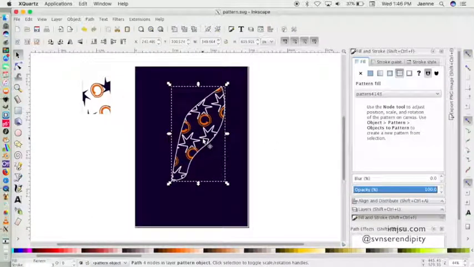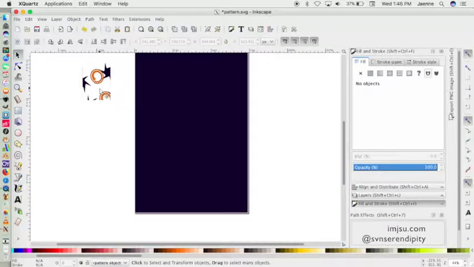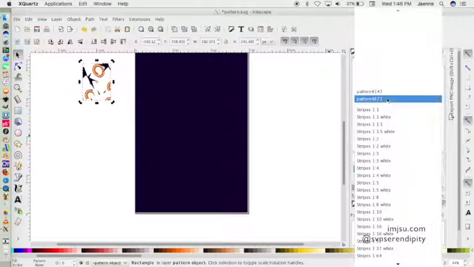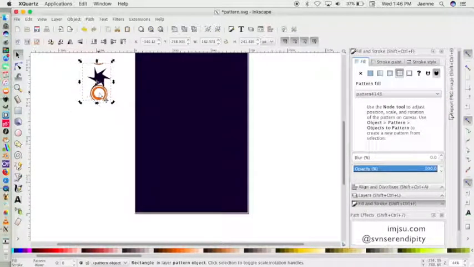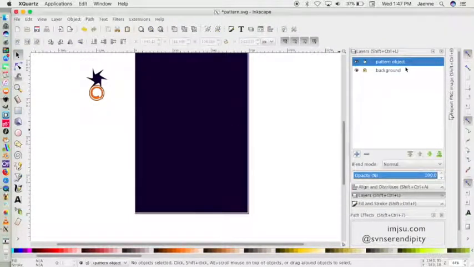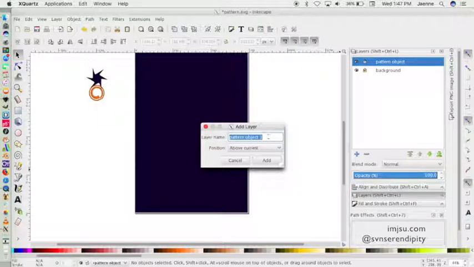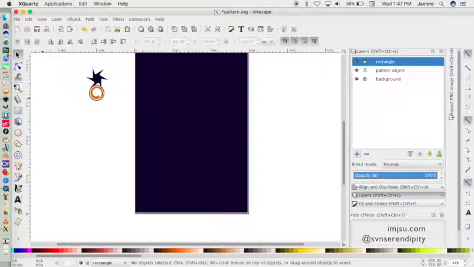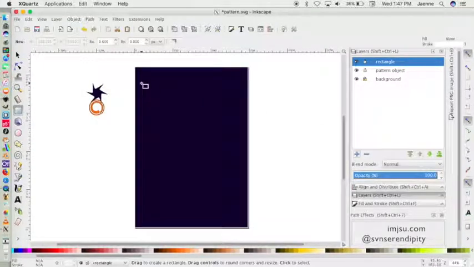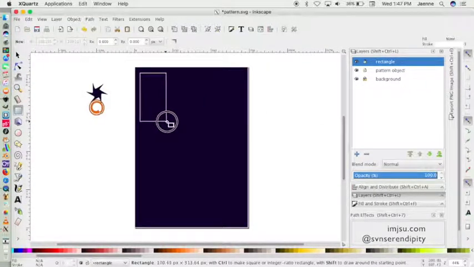We will delete this shape and maybe use the old pattern object, and we will create a rectangle. Create a simple rectangle here like this,